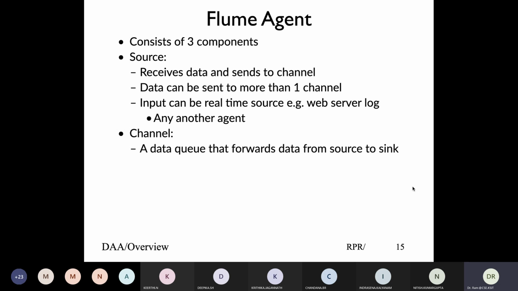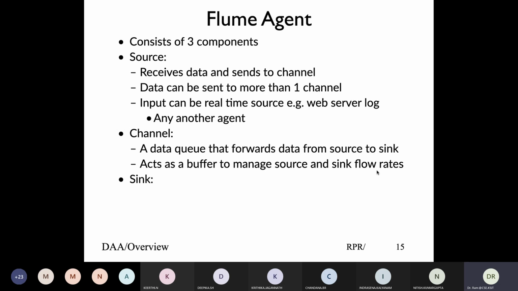Channel: the main job of the channel is that it works like a queue or a buffer, where it gets data from the source and then the sink reads the data from it. Most of the time, the data in the buffer will remain in memory, but data cannot be lost, so it may have to be written to disk temporarily if memory is becoming full. In general, it acts as a buffer between source and sink to make sure that data flows at a constant rate, because incoming data could be at a different rate. It may come in bursts, or no data, but writing has to happen in a consistent flow based on the capacity of the system, and hence we need the channel.